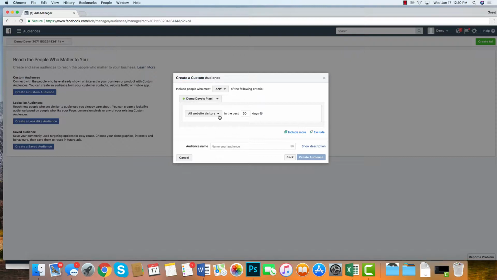Now, this is where you can have a little bit of flexibility as far as the days. The days start from when your pixel is installed. You install it day one now. And this is why it's so important to get it up and running right now, because in 30 days' time, you want to be able to market to those people who are looking at your website today. Okay, and you can go back 180 days. So I always start with 180 days. And then we'll just say all